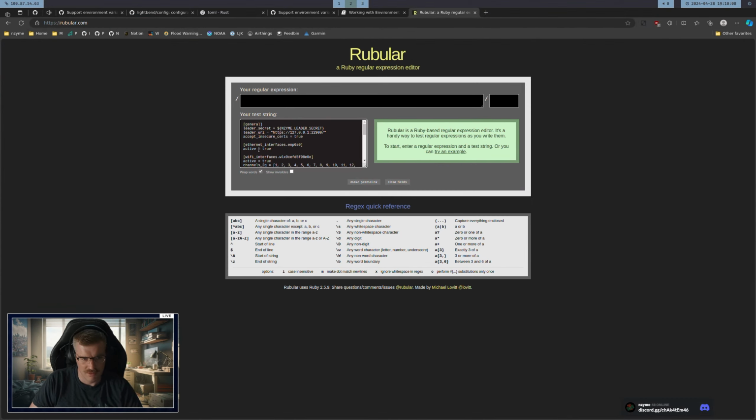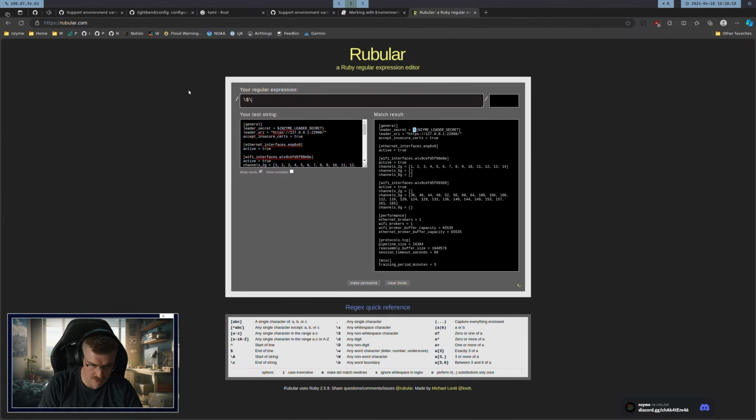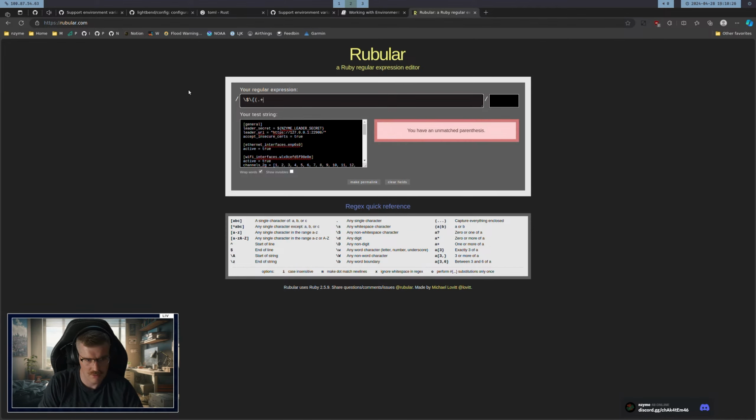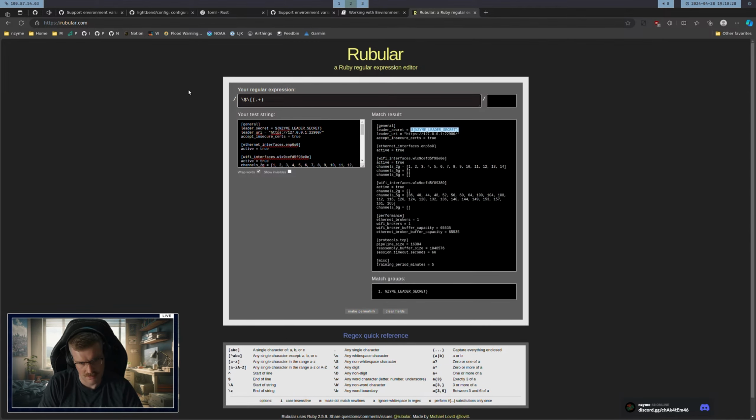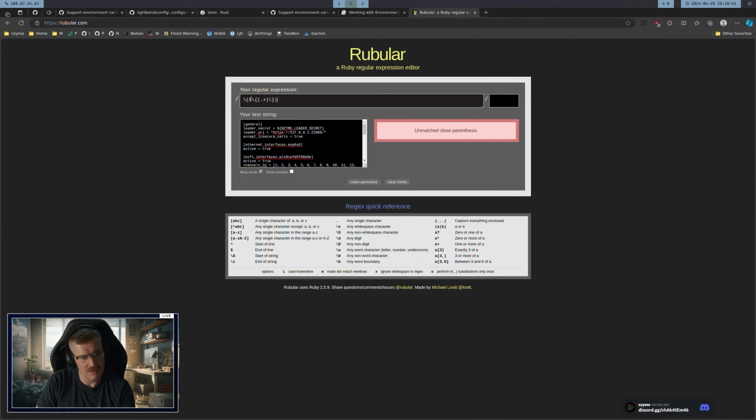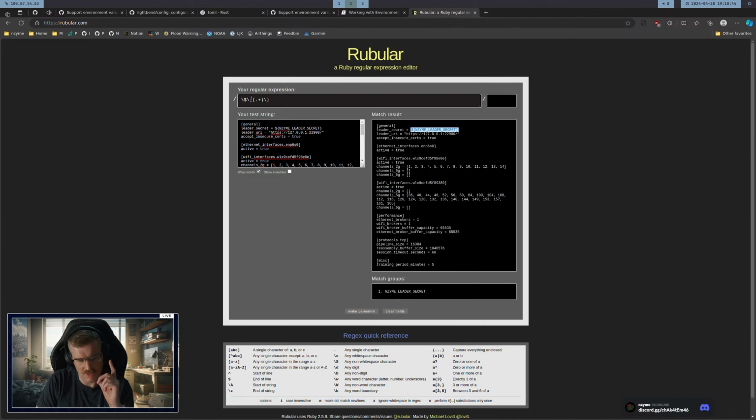Rubular. This is our test string, and we're going to test our regular expression where we say, give me everything that has $, this, and then capture everything in between. Okay. And can we capture the entire thing as well? No, what we need,